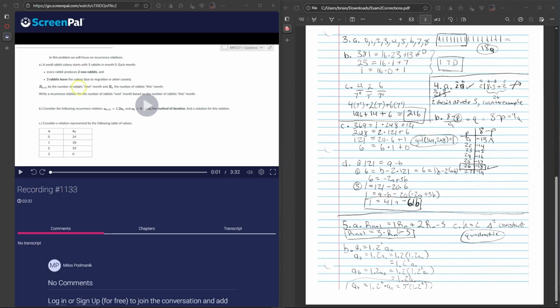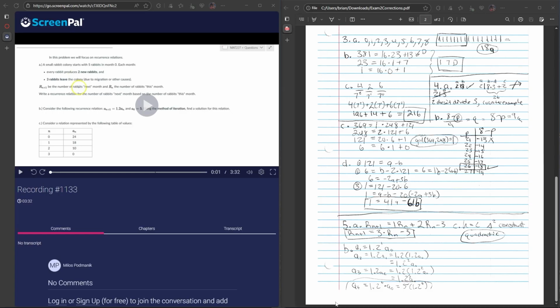So if we start with 5 rabbits, each rabbit produces 2 new rabbits, right? So the original rabbit would be R_n, and then the next 2 rabbits would be 2R_n, right? So 1R_n plus 2R_n would be 3R_n. So we got 3R_n, and then we also got minus 3 because 3 rabbits leave the colony. So the recurrence relation for this would be R_{n+1} equals 3R_n minus 3. That would be how you would tell the number of rabbits next month based on the number of